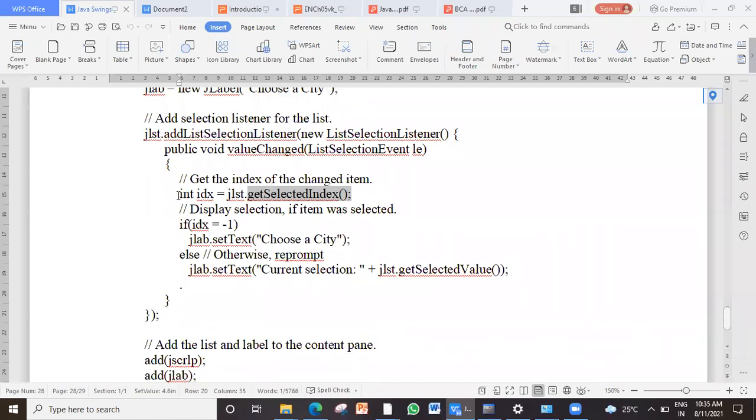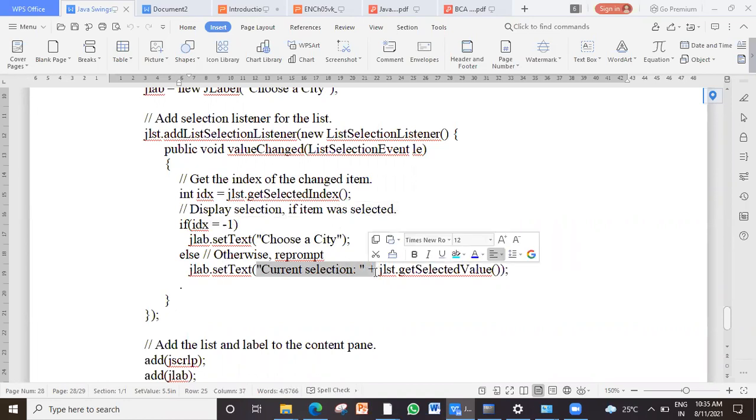See, I have declared one integer variable idx, which will give me the index of the selected item, whichever the user will select. If that idx is -1, I will say you have not chosen any city. Clear? Otherwise, I'm just going to tell the user what you have selected.